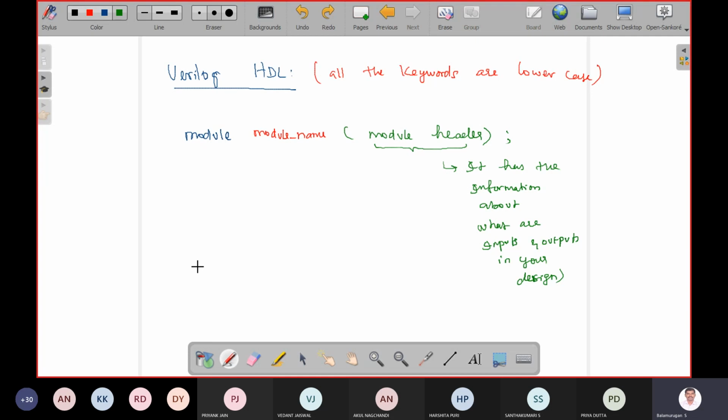And if you have module, you definitely have to have endmodule. So these are the first line and the last line.